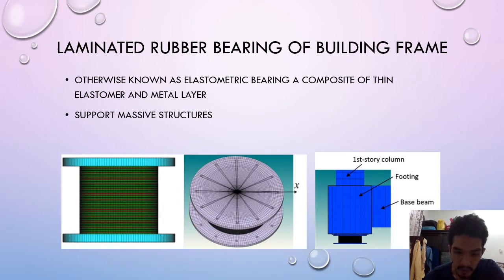Before we proceed further, first I will introduce the laminated rubber bearing, otherwise known as elastomeric bearing, a composite of elastomer and metal layers. It can support a massive structure such as a building during an earthquake. The function of it is